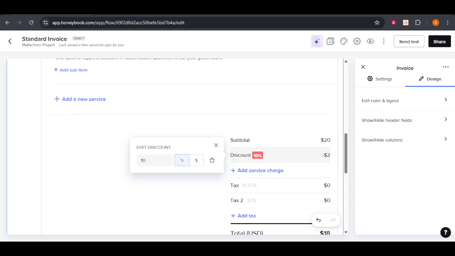And there you have it, a straightforward way to add a discount in Honeybook. By following these steps, you not only enhance the value you're offering to your clients, but also streamline your own workflow, making the billing process smooth and efficient. Remember, taking a few extra minutes to set up these details can significantly improve your client interactions and ensure a